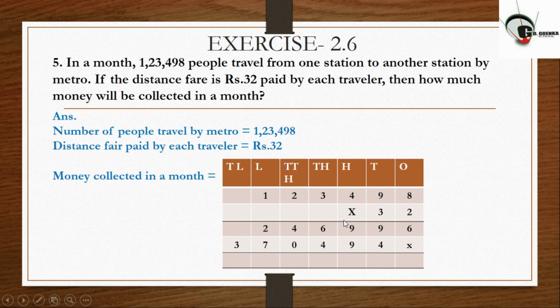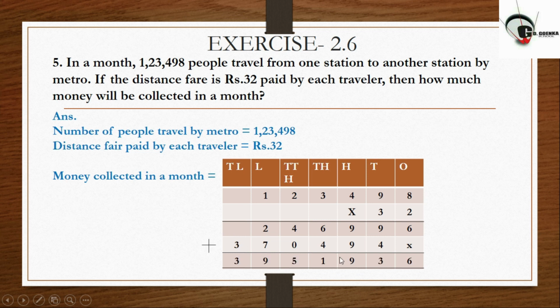And then after doing these two multiplications, that means we multiply by 2 and we write it down in the first row, and then with 3 we write it down in the second row. Then what we need to do, children? We need to add these two rows, this row and this row.